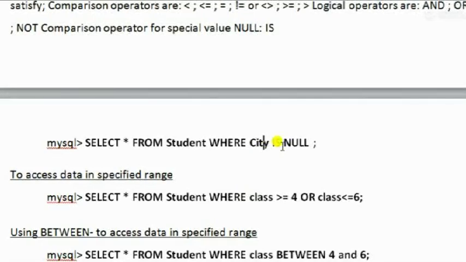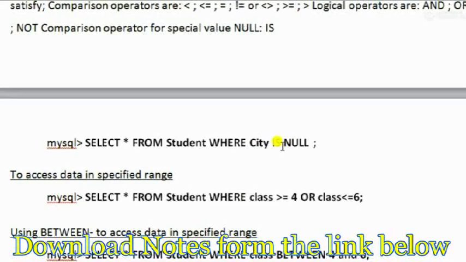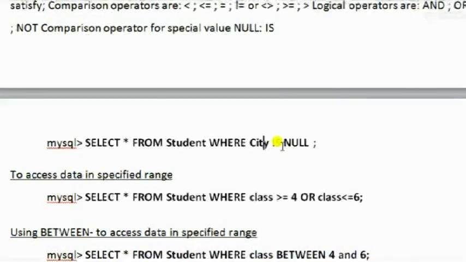Where city is null: if in a specific record in the field city there is no value, an unknown value, that is a null value, then how to check? Where city is null, we cannot write equal to. So in the case of null value, the condition we write is.